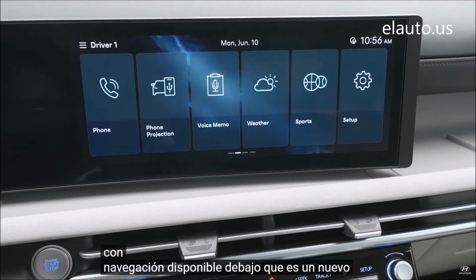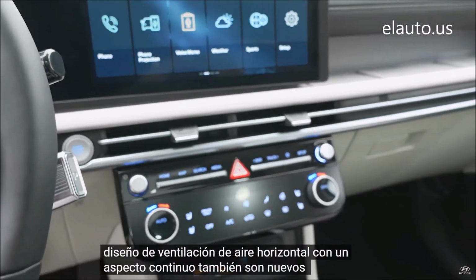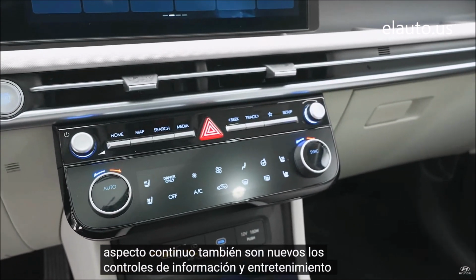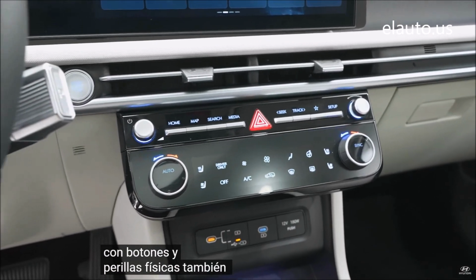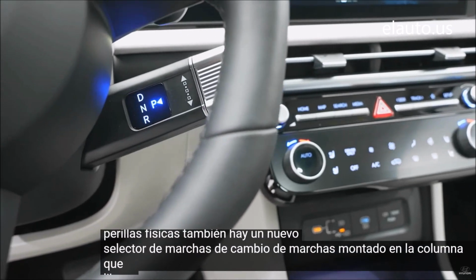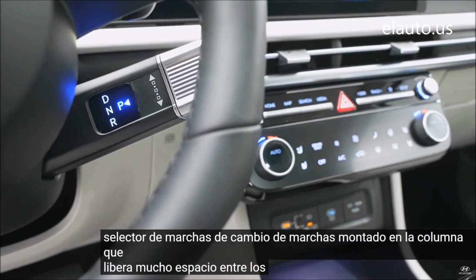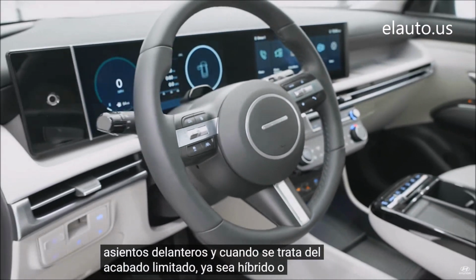Below that is a new horizontal air vent design with a continuous look. Also new are the infotainment and HVAC controls, designed with physical buttons and knobs. There's also a new column-mounted shift-by-wire gear selector, which frees up so much area between the front seats. And when it comes to the limited trim, whether it's the hybrid or plug-in hybrid, you get some of our